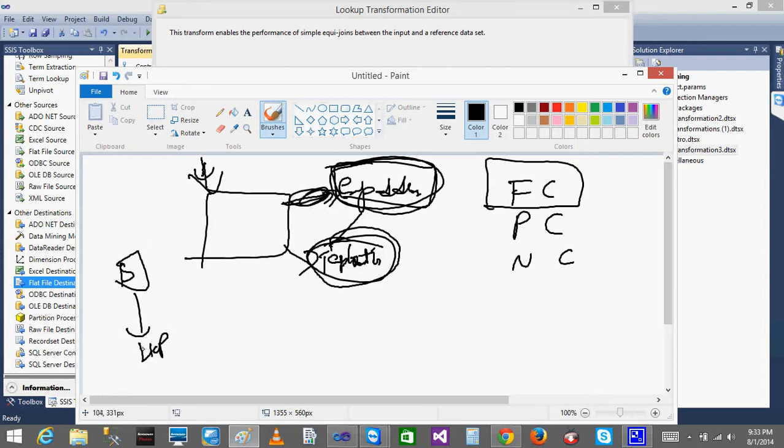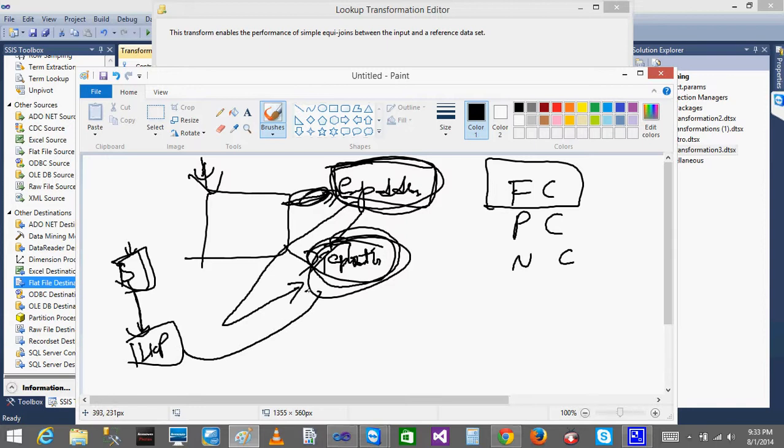When I execute this package, it will not pull the data from the source first. First, it gets all the data from the EMP table into one temporary location, and once the loading is done, it starts getting data from the source and looks up that ID in the temporary location. If the ID matches based on the condition, it goes to the output. That is what happens with the full cache.